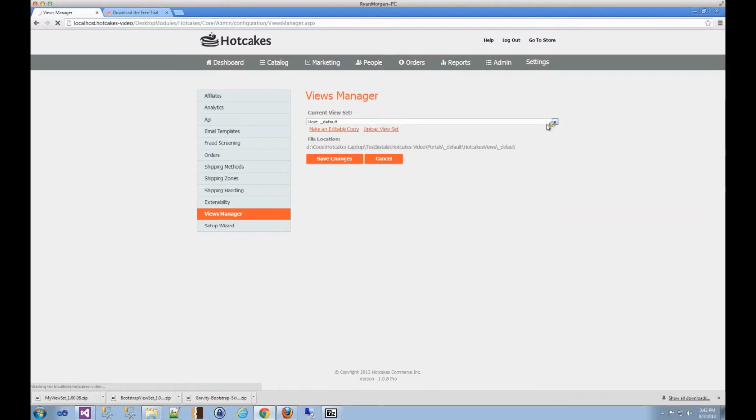Since I did do a build, it is going to have an updated version of the DLLs, and so that did cause the application to restart. So it's going to take a second for it to restart. While I wait for it to come back up, we can now see that we have that My View Set underneath here, and so that's based on the folder name. So I'm going to go ahead and make that the active view set,